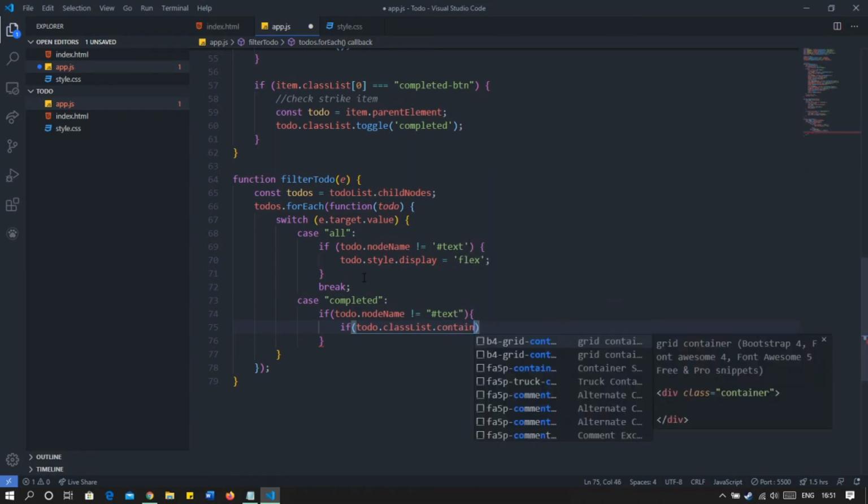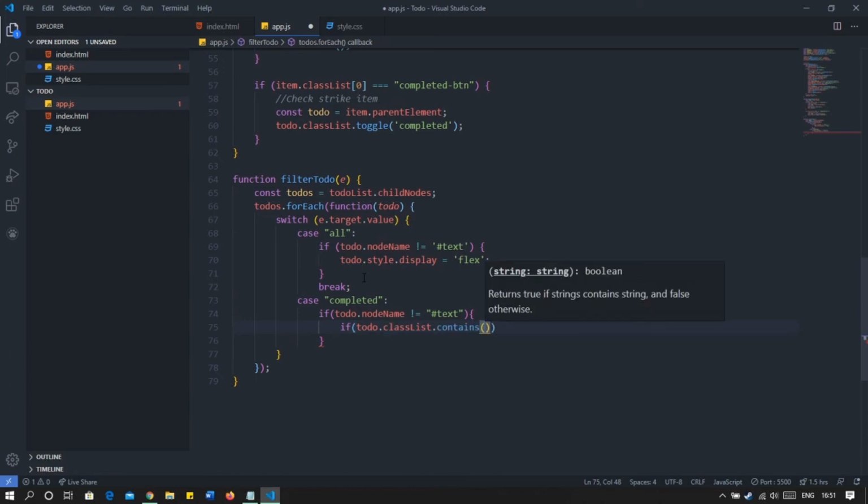contains. This is a function of JavaScript which helps you to check if a class is present in an element or not. So we will check if it has a class of completed, then only show it, else don't show it.